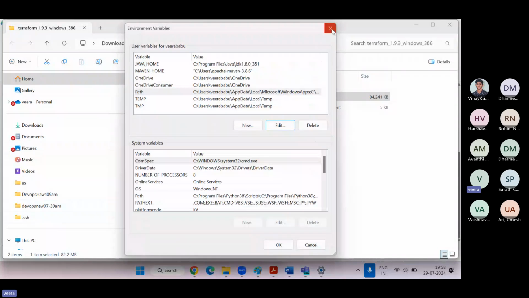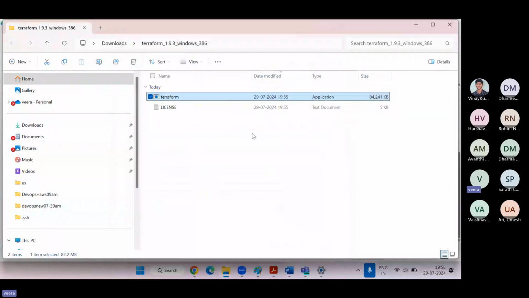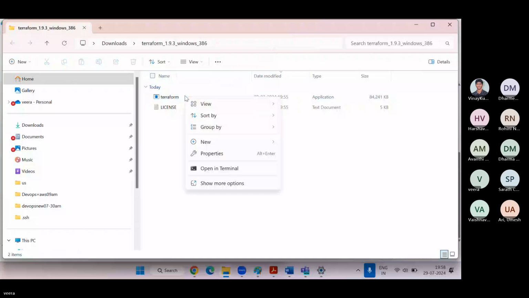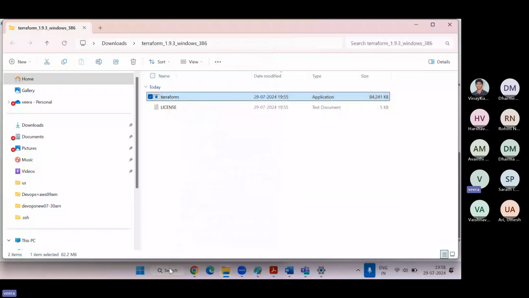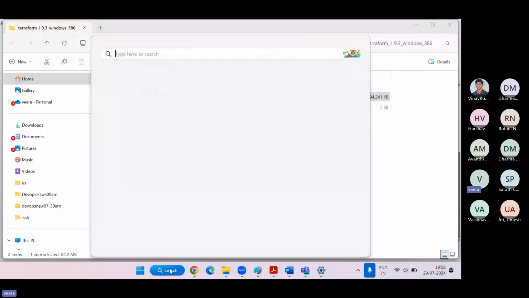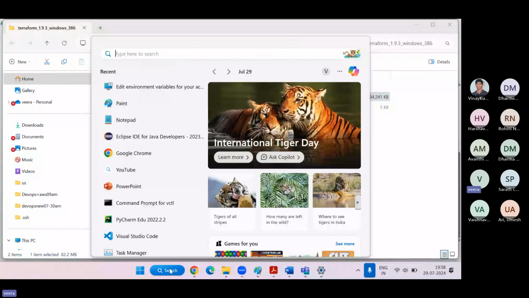One more time I will show you. Take the path here, and click on search, edit environment variables, or you can search env and control panel. Click on the path, go to edit, click on new, and paste it.